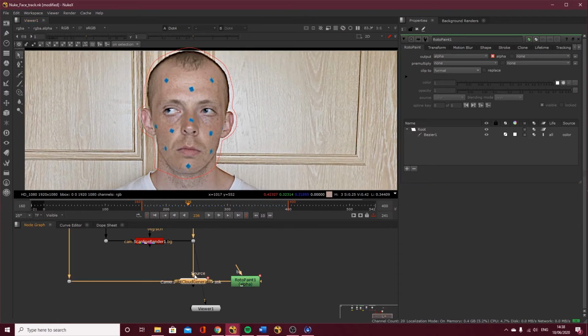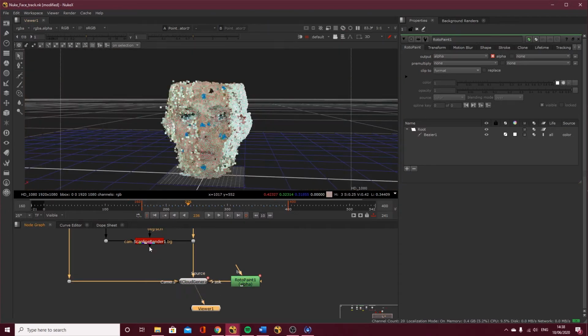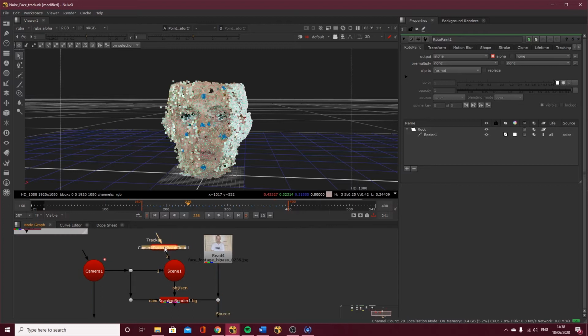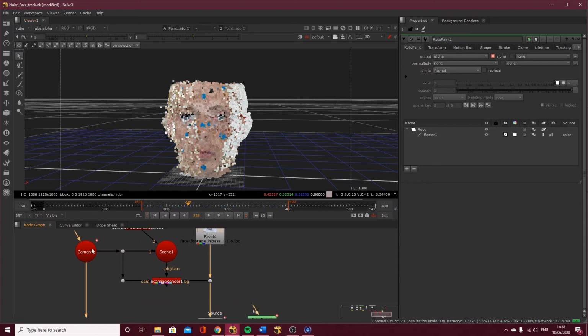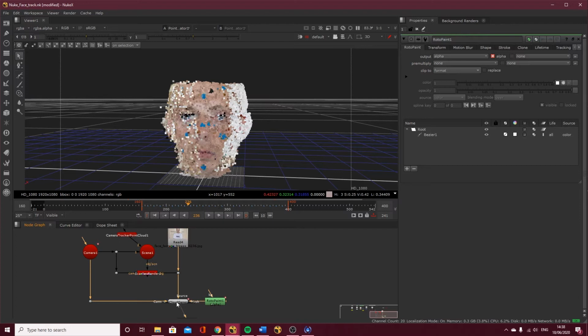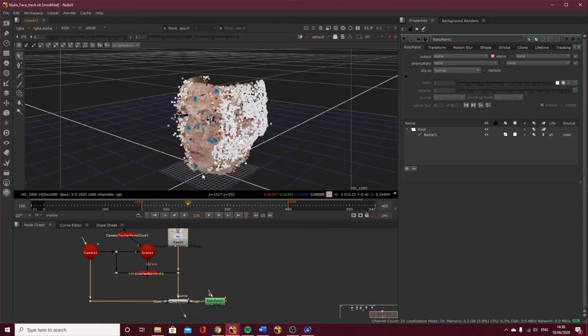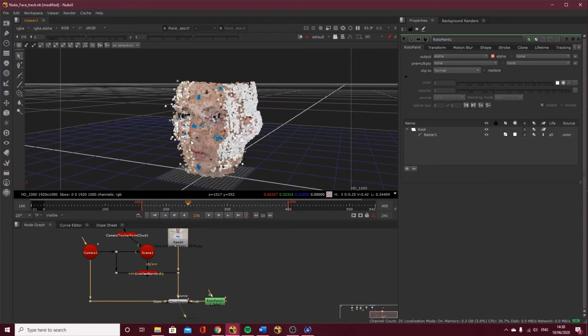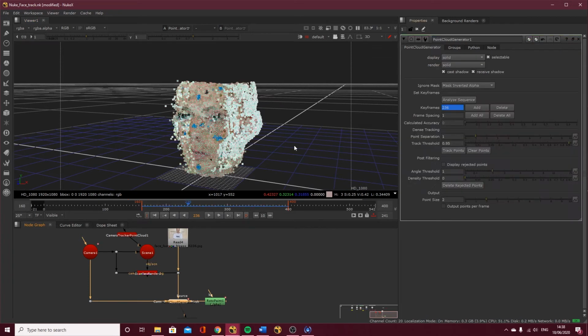Now, a lot of people will say we had a point cloud earlier from the camera tracker, but the difference is you can't make a mesh out of the camera tracker's point cloud data, and you can't click the individual points like we can in here. So we use the camera and the footage to generate points from the pixels, and it's a lot more dense, and we have a lot more control over the points as well.